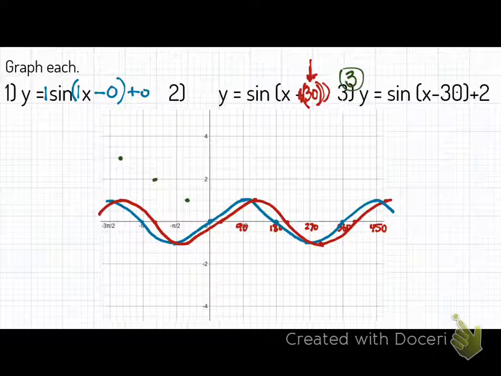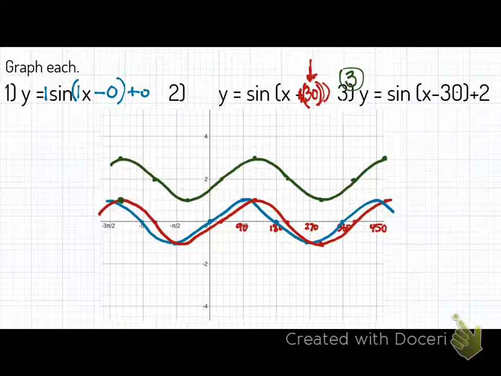take each point, right? I'm moving this point up. So just to give you an idea of what I'm doing, taking this original point from the red, I'm going up 1 unit, 2 units. And you see how there's a point there now? Or this red point here, 1 unit, 2 units. There's a point there now. You see that? Or this point right here, 1 and 2. Does that make sense, everyone? Okay? And then I do that all the way across, and we have our graph right here,